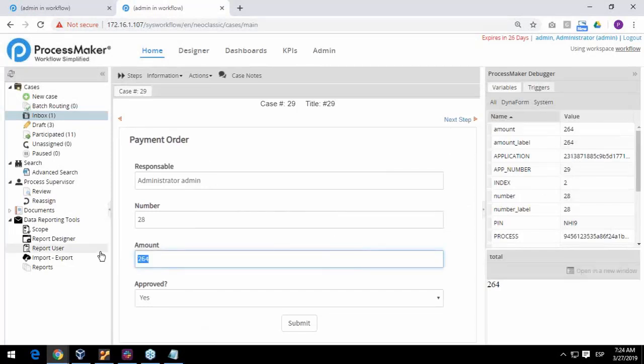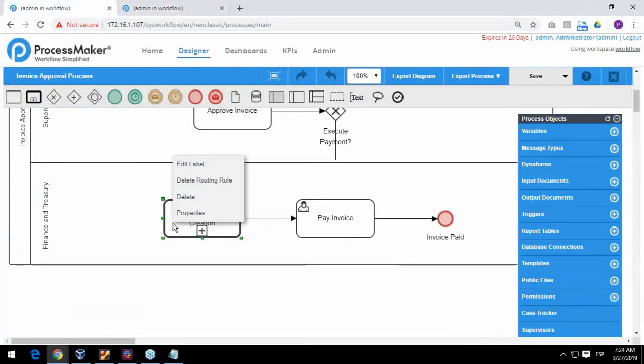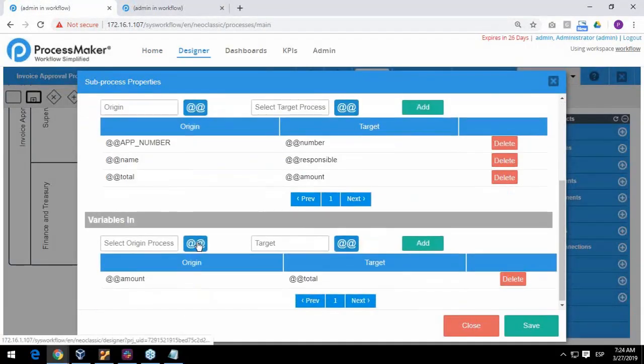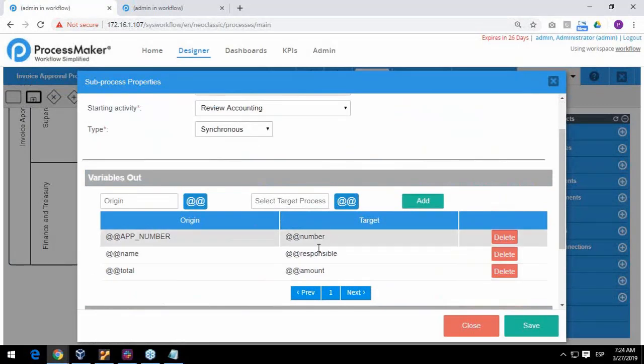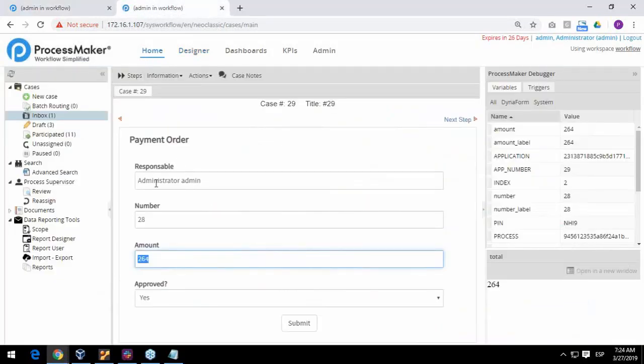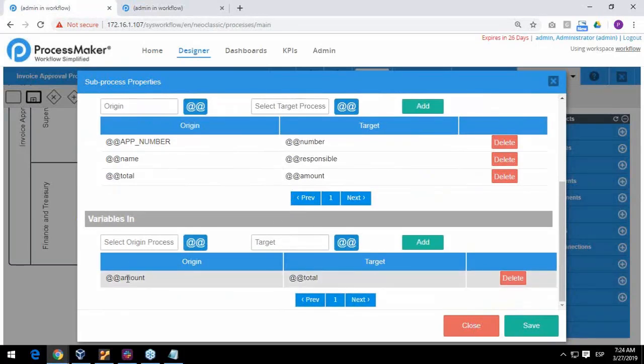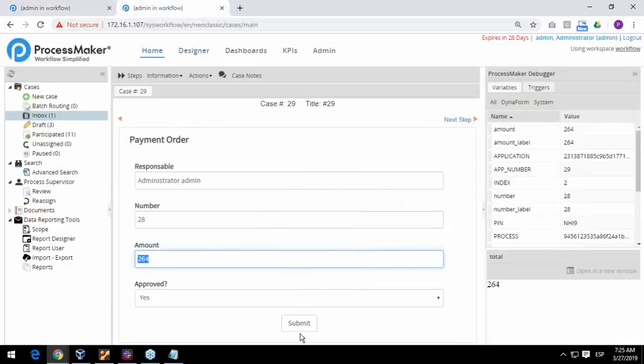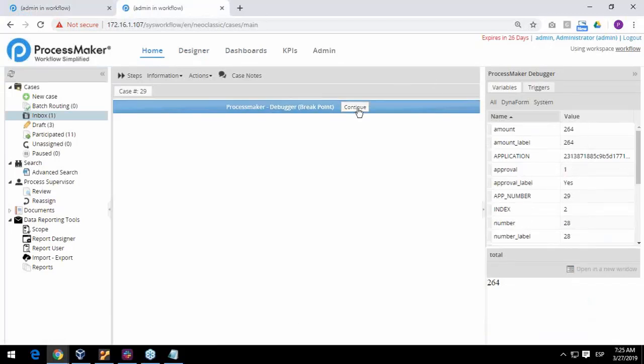Now, this amount, if you remember, the first configuration has been done. If you remember, these three values have been transferred in our first Dynaform, and with that we are fine. But now, here I have the amount, and the amount is going to be changed in this process, and this value is going to be transferred to total to the main case, because we are going to make some taxes and everything. So I'm going to submit this, okay, continue,